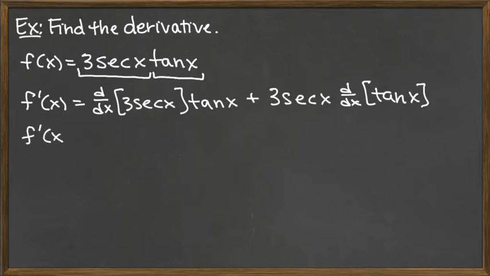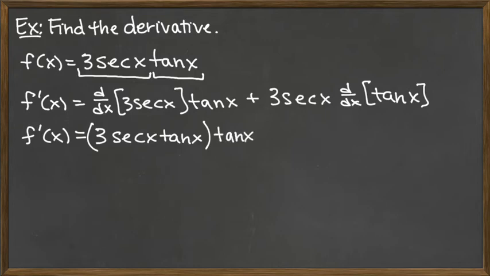So we have the derivative is equal to the constant multiple 3 times secant of x. So we need the derivative then to be the 3 times the derivative of secant x. We need the derivative of secant of x, and that's memorized, and it should be secant of x, tangent of x. So that's the derivative, but don't forget we're multiplying that derivative. I'll put it in parentheses there because that's the derivative of 3 secant of x, and we're multiplying it by